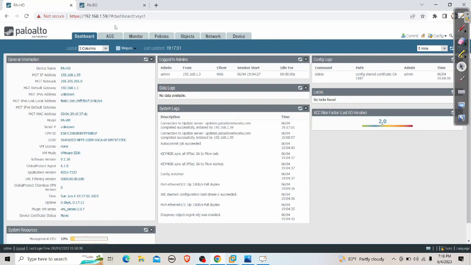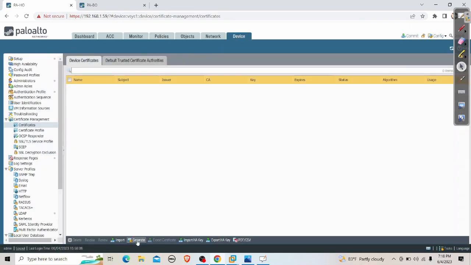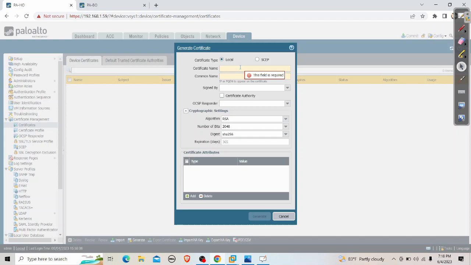Okay, so let's start the configuration. Let me go to the device tab and generate the CA certificate. Let me put the name. Let's say CA cert, and the common name. Actually, because this is our head office, let's put